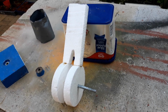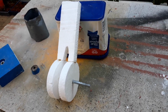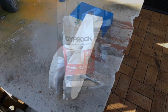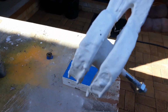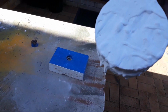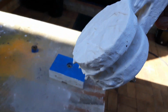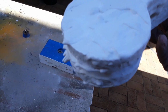bury it in sand and pour the mould. So I'll coat it with cement and show it to you then. Okay, here we are. I've coated this spool, this polystyrene spool, with the Cornice moulding cement, watered down, and it gives it a good coating, and it tends to keep the aluminium inside of that rather than just using the